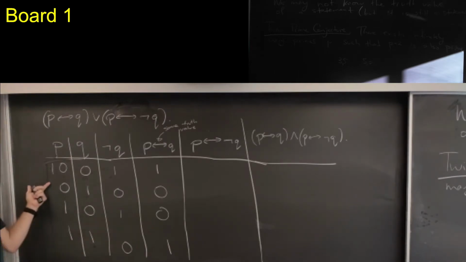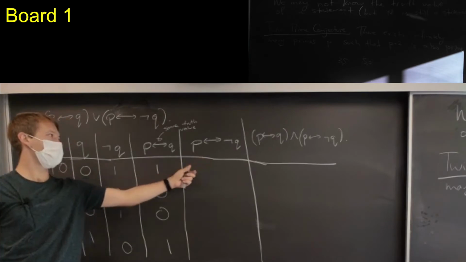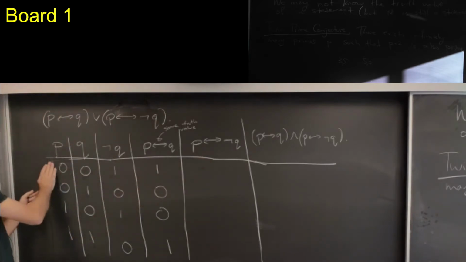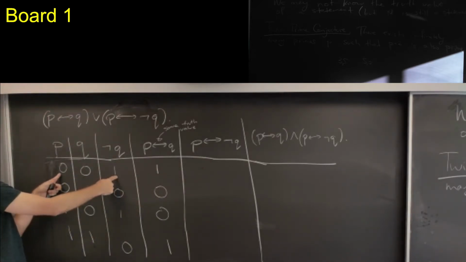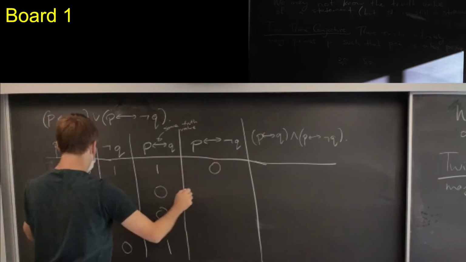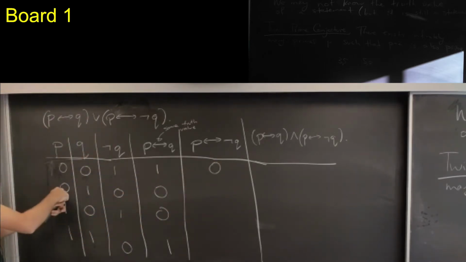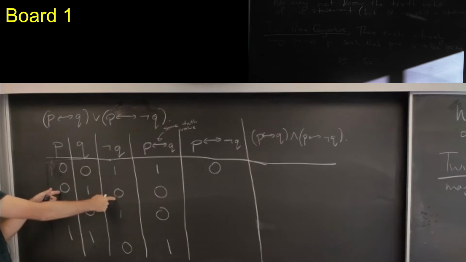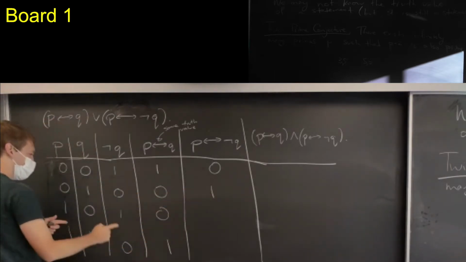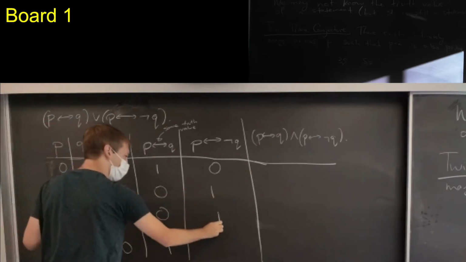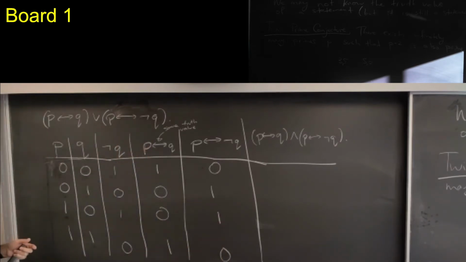Now we do a very similar thing, right? But now we compare P and not Q. So it goes 0. These are both false, same truth value, so I get a 1. Same truth value, get a 1, 0. And now we see